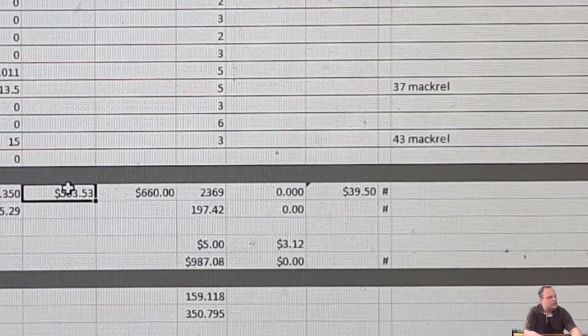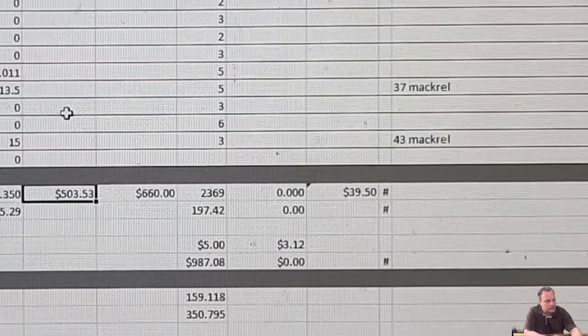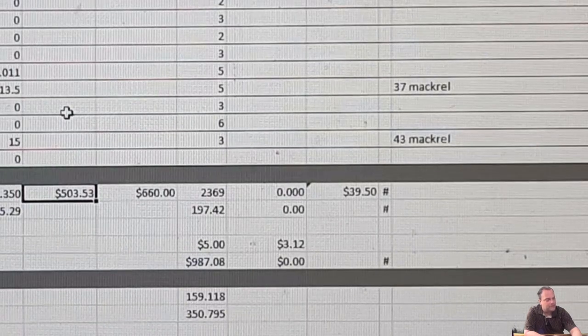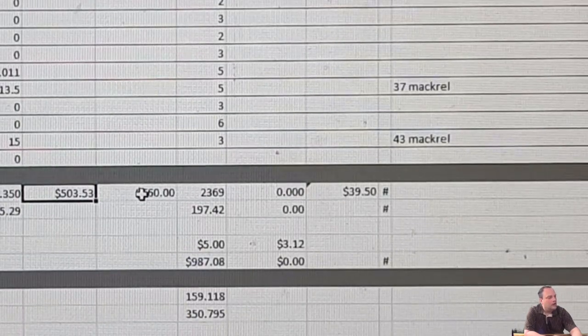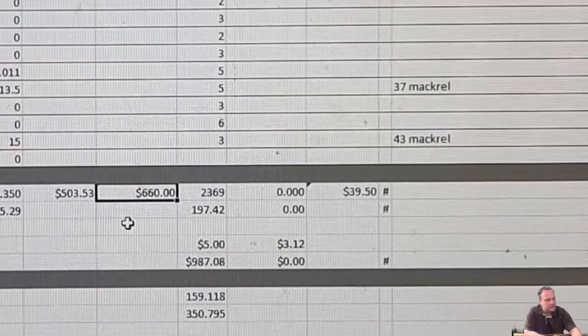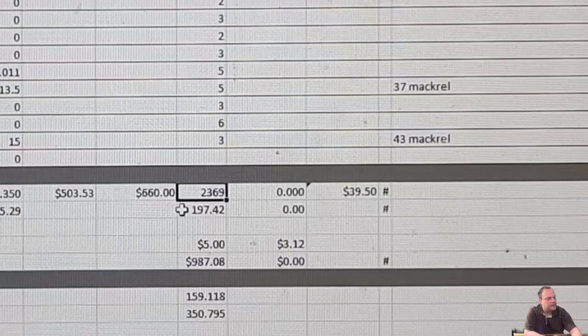And you see here, this is the total of what I paid out in garden cost in 2022, $503.53. For the hens, I had to pay out $660. I got from the hens